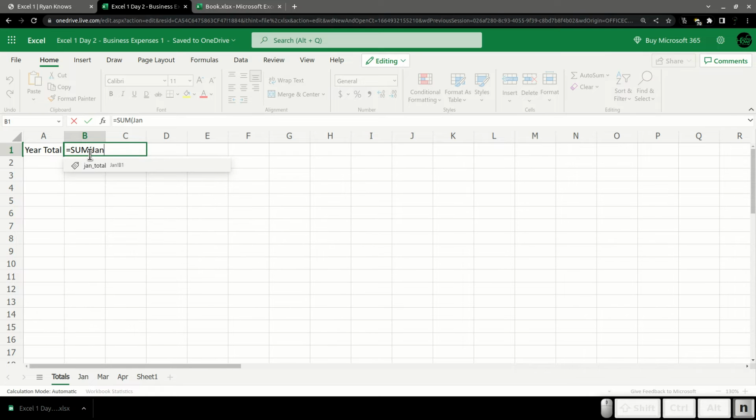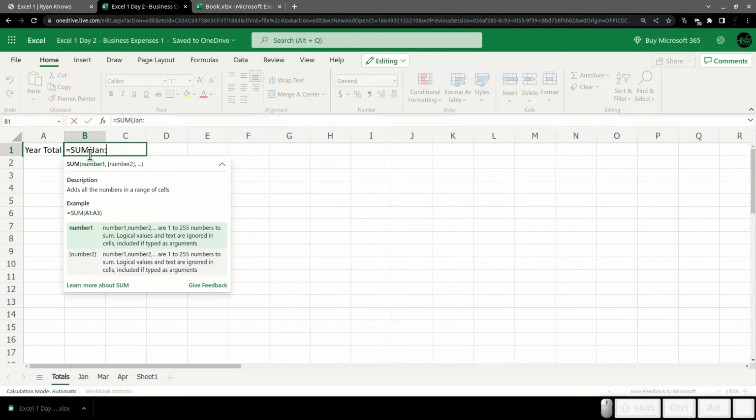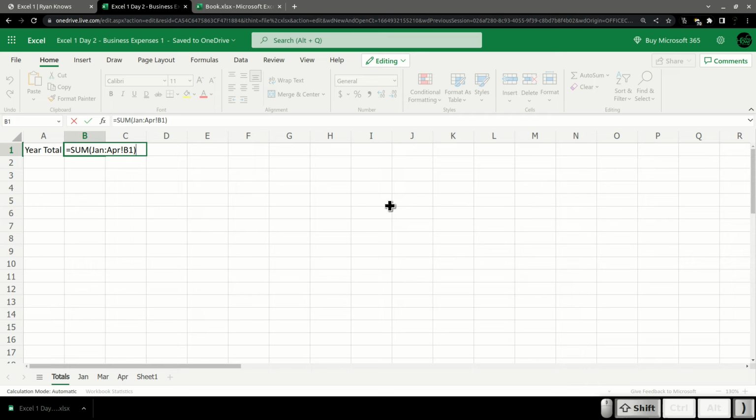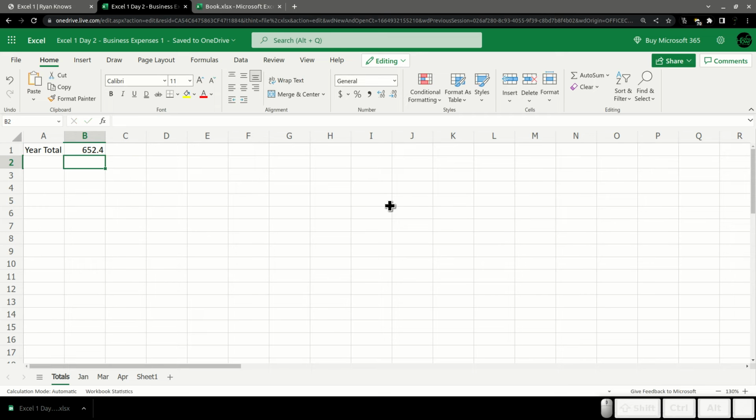I'm going to tell it, start with the January sheet, colon, go to the April sheet. And when I say go to the April sheet, it's literally talking about the order here. And I'll move these around in a second to show how that changes things. Do the exclamation point to tell it we're talking about sheets. And then put the cell reference we care about in there. In this case, it's B1. There we go.